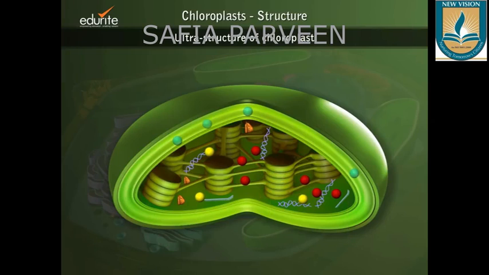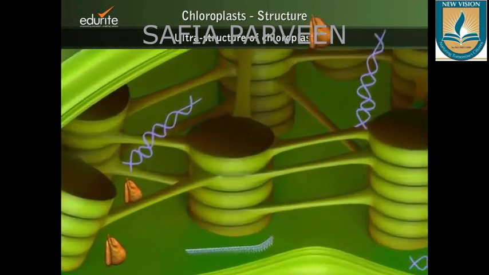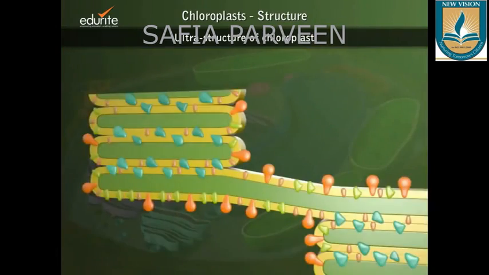The thylakoids are arranged in stacks to form the granum. These are actually disc-shaped structures arranged one above the other to form the granum. And the membranes that form this thylakoid are called the thylakoid membrane. The membranes that connect one granum with another are called intergranal membranes or stroma lamellae. That makes the structure of chloroplast. And the actual region where photosynthesis occurs is the stacks of thylakoid membranes.